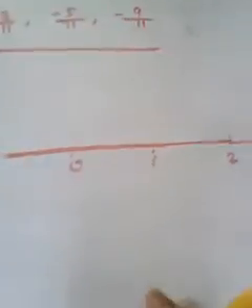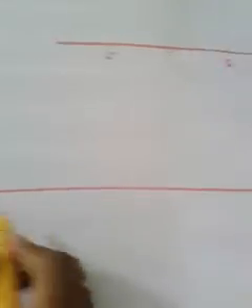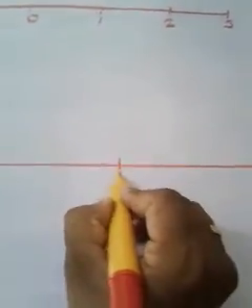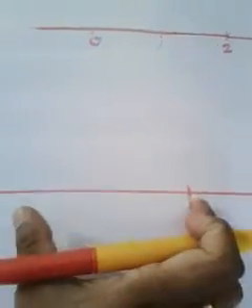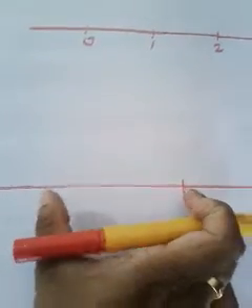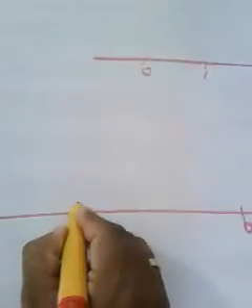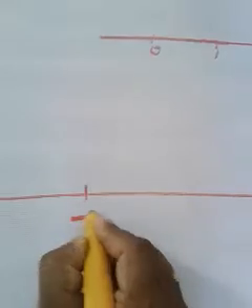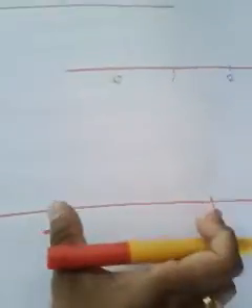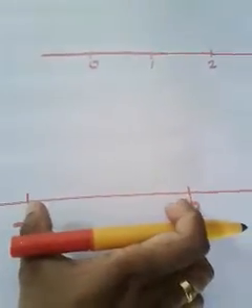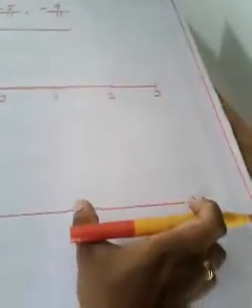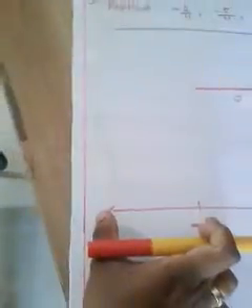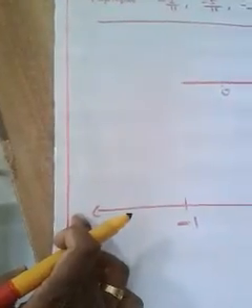So what I'm going to do is draw a number line in such a way that here I'm going to mark 0. Then, instead of 1 centimeter, I'm going to take 3 centimeters or 4 centimeters, and here I'm going to write minus 1. Whatever distance you choose here, suppose it is 3 centimeters, the same 3 centimeters you have to take here, and you can mark it as 1. Then the same 3 centimeters here, mark it as 2. And the same 3 centimeters here, mark it as minus 2.